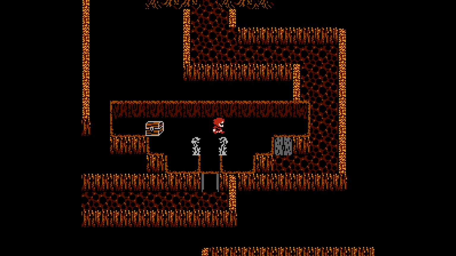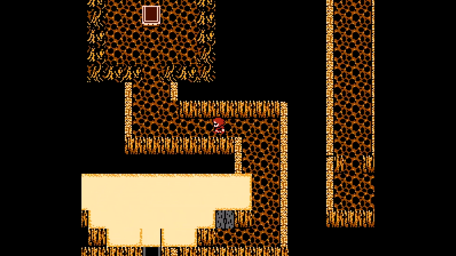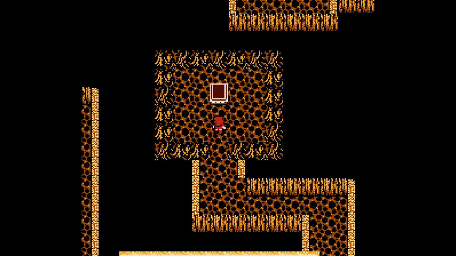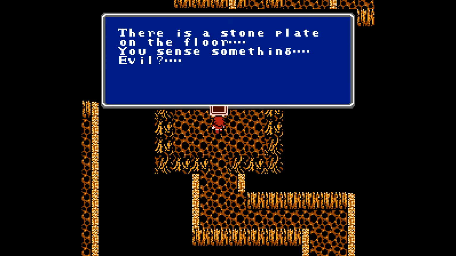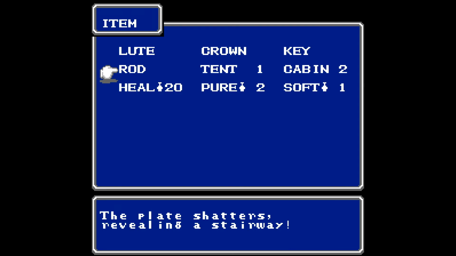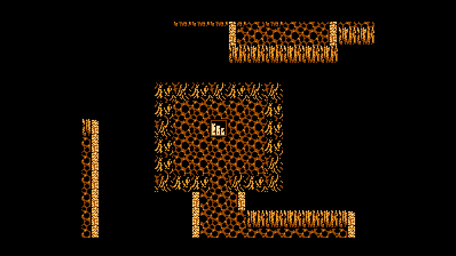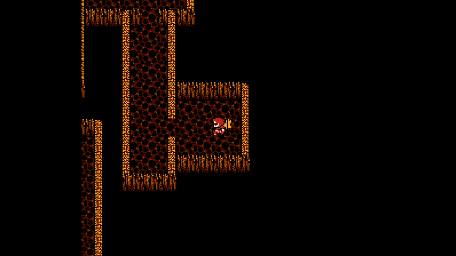And look at that, we're already almost to the plate. So now we've got to go in here and use it. The plate shatters, revealing a stairway. Well, I guess that answered my question, although I don't know if we use the rod to actually smash it, or if you kind of hold it up like a magic item. Considering the fact that this is a fantasy environment...